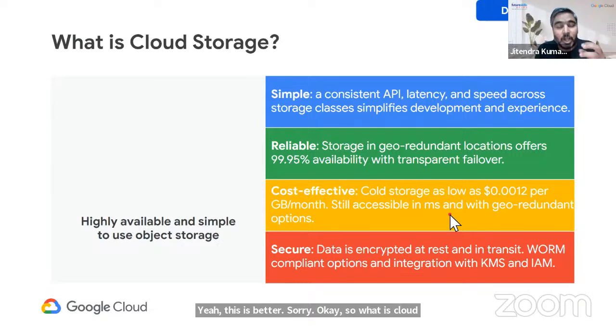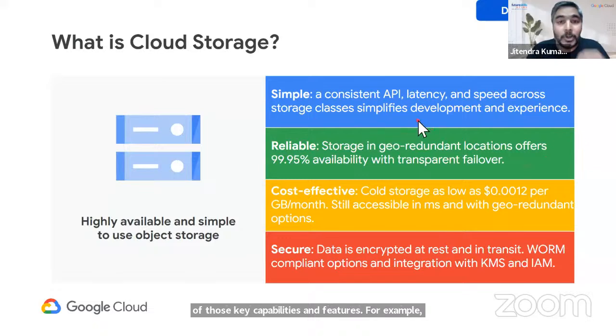It is, as I said, an object storage service. Now, for me as an application developer, I worry about availability. I worry about how I access that, right? I need some of those key capabilities and features. For example, for a developer, the important aspect is how do I start accessing a GCS bucket programmatically. So I do have API calls, and these APIs are very simple to access. There is a beautiful API documentation which is available, right?